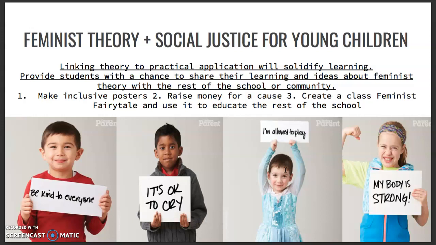Next is feminist theory and social justice. So just like when we're teaching anything, we want to link theory to practical application so that we can solidify the learning for our students. We need to provide in a feminist classroom students the chance to share their learning and ideas about feminist theory with the rest of the school or community. And this can be done easily through making inclusive posters, such as the ones in the pictures there,